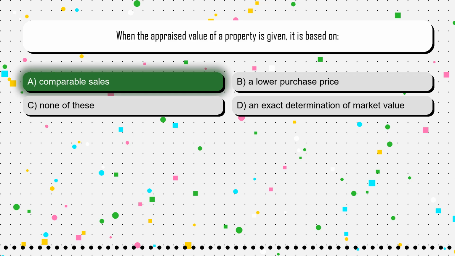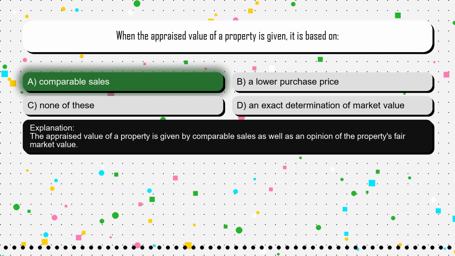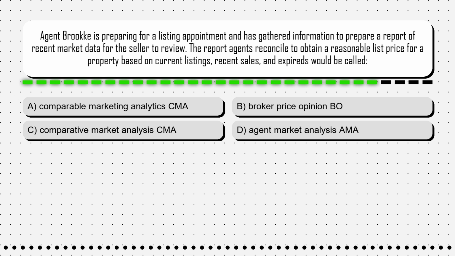The correct answer is option A, comparable sales. The appraised value of a property is given by comparable sales as well as an opinion of the property's fair market value. Question 15. Agent Brutka is preparing for a listing appointment and has gathered information to prepare a report